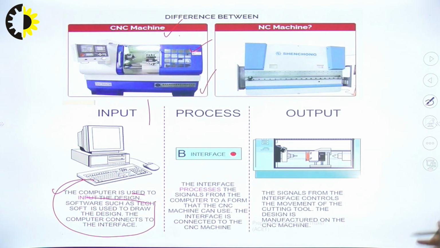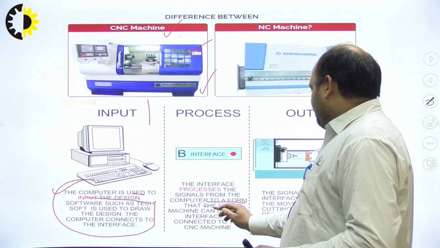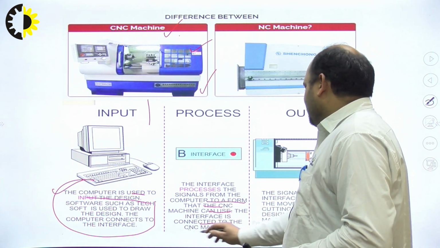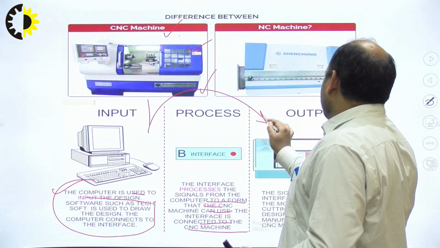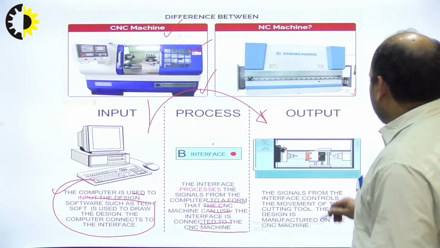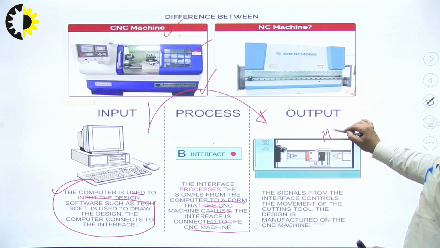After that, in the interface, the signal from the computer to the CNC machine can be used. The interface is connected to the CNC machine system, and the computer system is connected with the help of this interface of programs. It is connected to the output system, that is the machine tool,